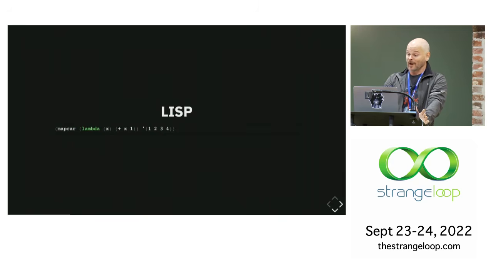Here, I have a sequence abstraction, right? I have 4 numbers, and I can use a higher order function to go over it and add 1 to each of them. This is a tremendous improvement by going back in time. But we can do better. We can do better than this notation, right?